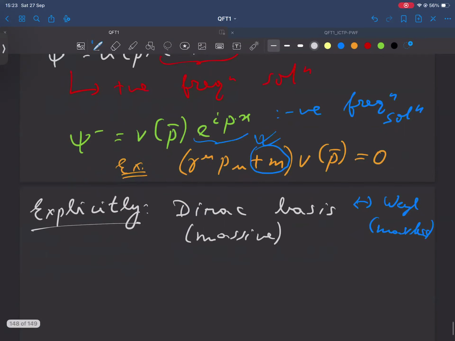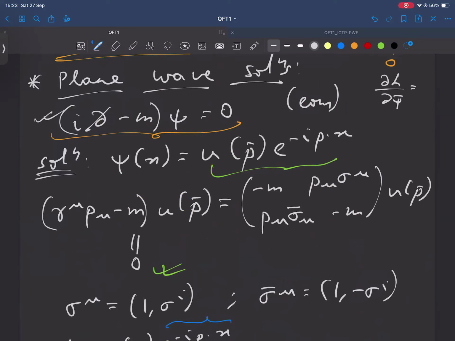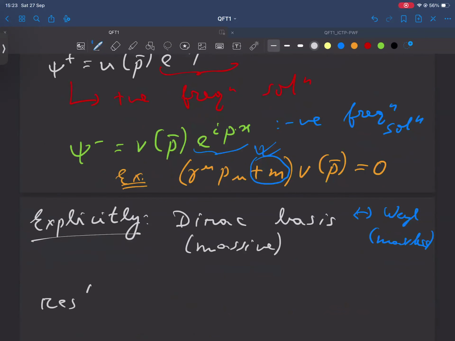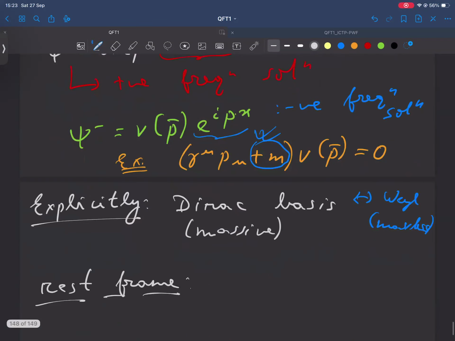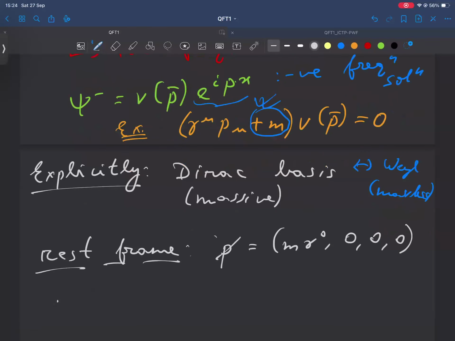But here, let's keep everything general. So that's why it's easier to find solutions in the Dirac basis. Again, note that this whole equation was Lorentz invariant, so we can work in a particular frame and find the basis. Let's say we pick a rest frame, where the spatial momenta are 0 because it's the rest frame. And in this basis, the Dirac equation becomes,